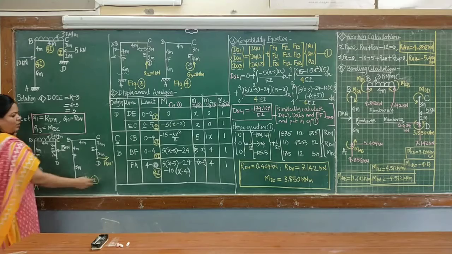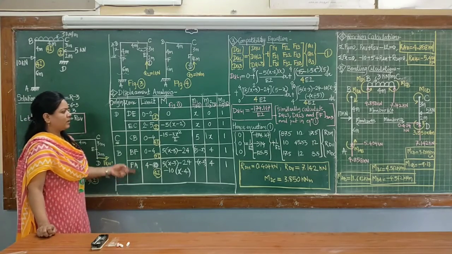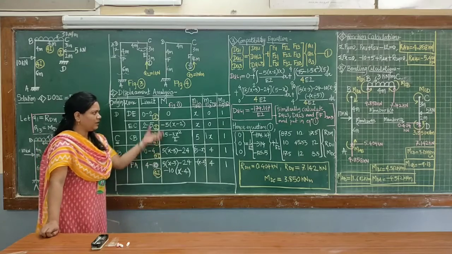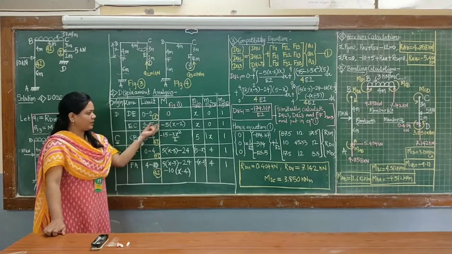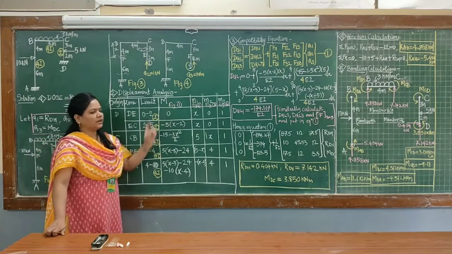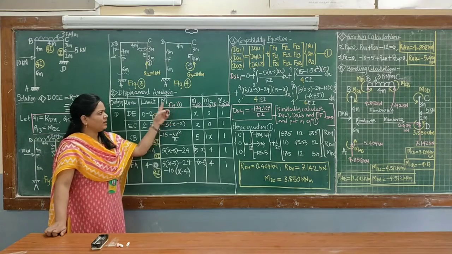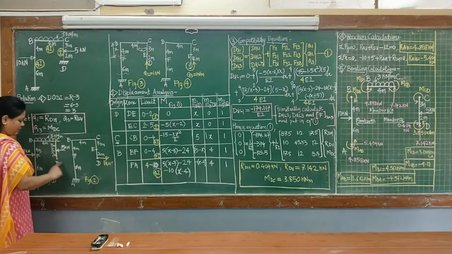So 4 to 10, that is the limit for this FA zone. Their inertia is written here. You can make a separate column here for writing the inertia. I have written it here itself in the limit column. Now next is figure. Figure 1, that is to calculate capital M from figure 1.